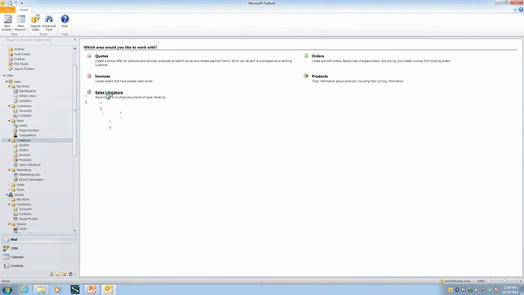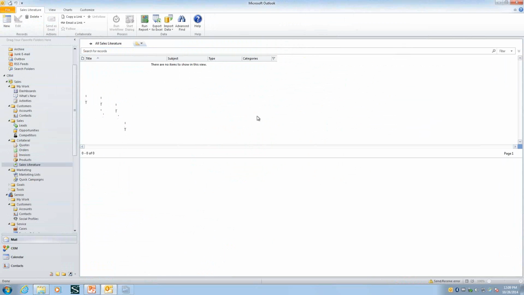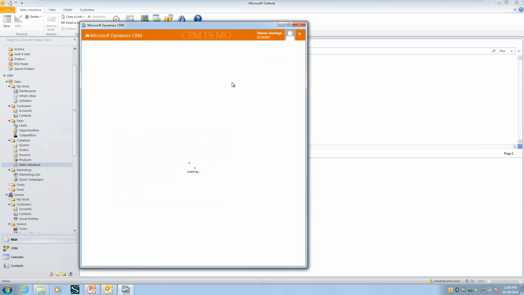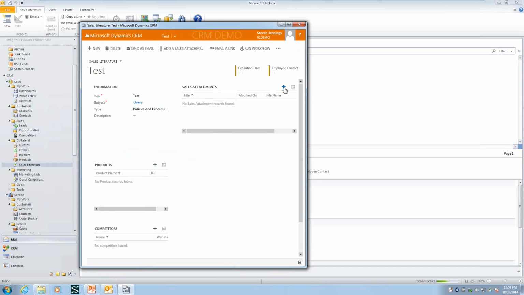We have sales literature. And really what this is, you're really just saying, I want to add an attachment. So it brings up my demo, my sales literature, give it a title, give it a subject. I save this, and then I would then attach a file to this. So I would do an attachment right here. So I just give it a title of, we'll just say test, give it a query, we'll hit save, got to save it first. Then I can go over here and I can attach a file,